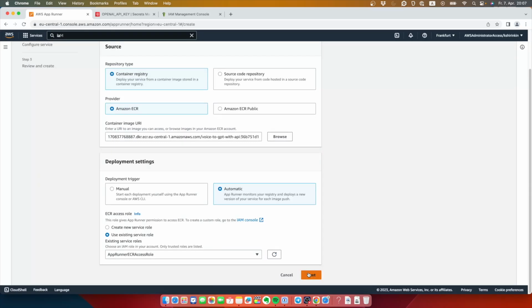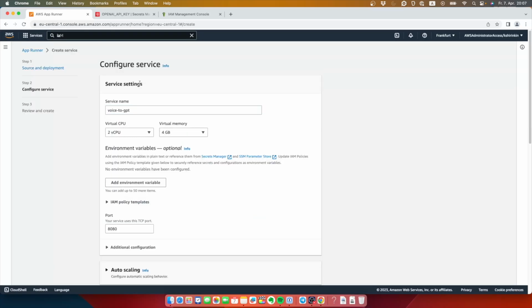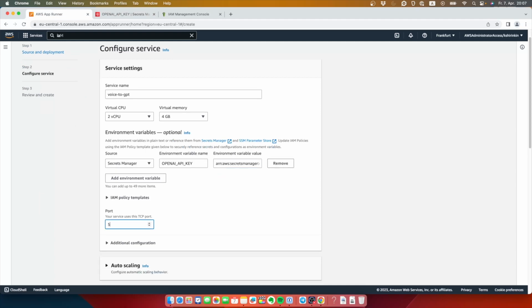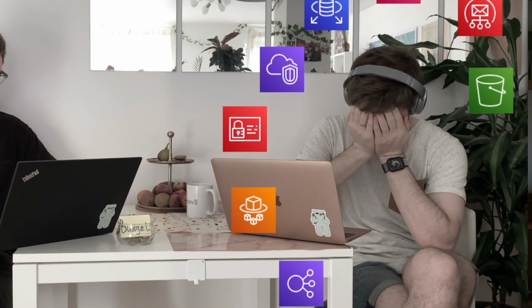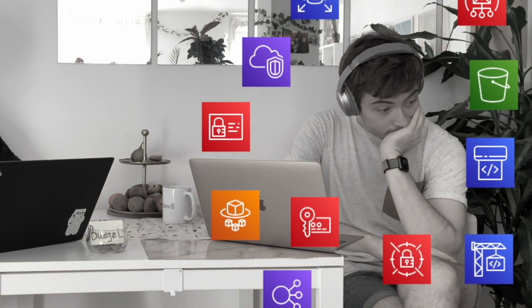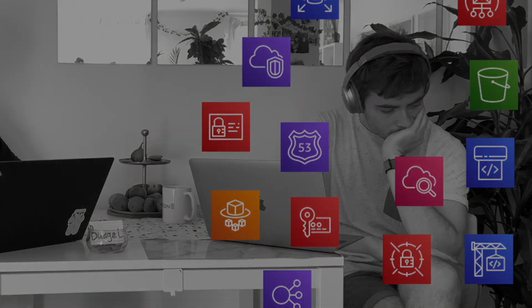A couple of times it happened that I had to reconfigure everything more than 2 times with exactly the same settings just for app runner to pass this initial health check. Another problem is that app runner does not make anything easier for you. You still need to know how to use VPC, IAM, Secrets Manager, CloudWatch, and all the other tools. You even still need to think about how to properly configure the autoscaling, making it somehow less serverless, I guess. And honestly, it should not be in such state.